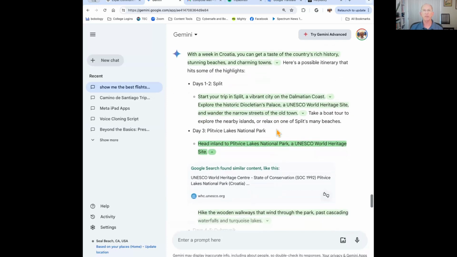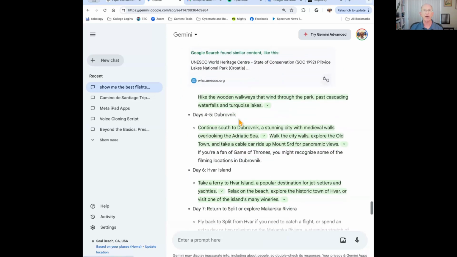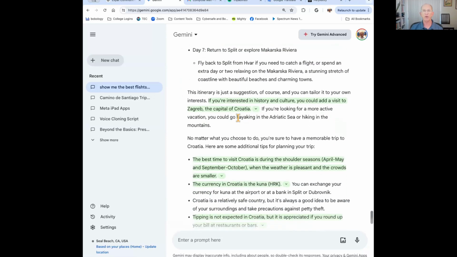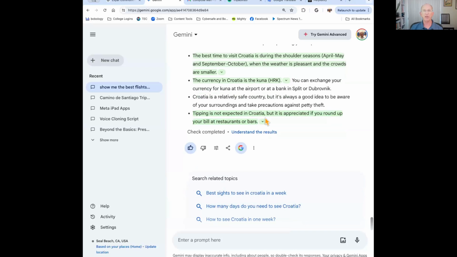So here's a possible itinerary, but also we'll split things out by day for you. So it's a good thing, and it gives you some local information about what to expect, and then you can share it out to yourself. Now, obviously, if I was doing multiple searches and changing things, I can share each search separately if I want to.